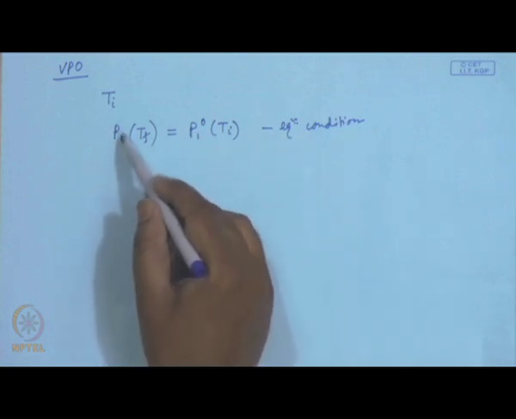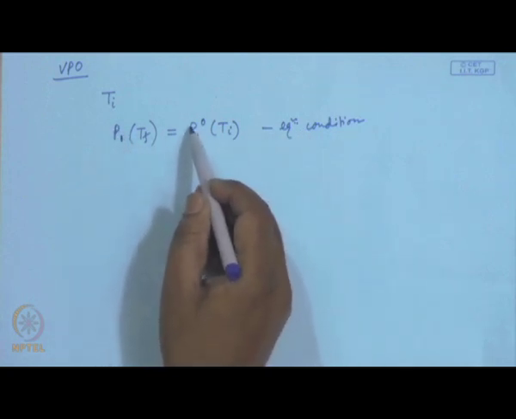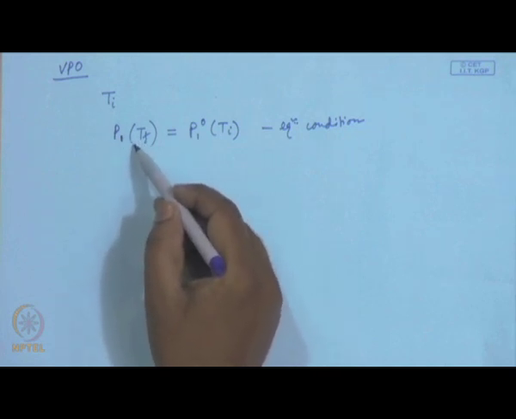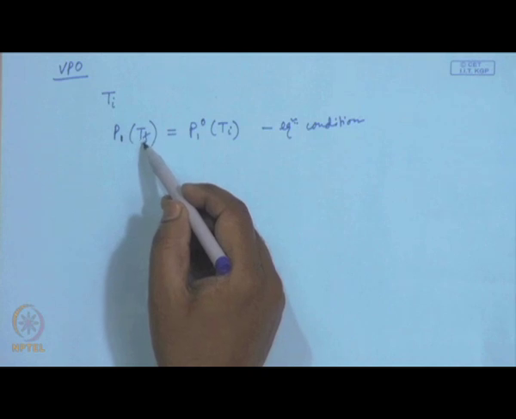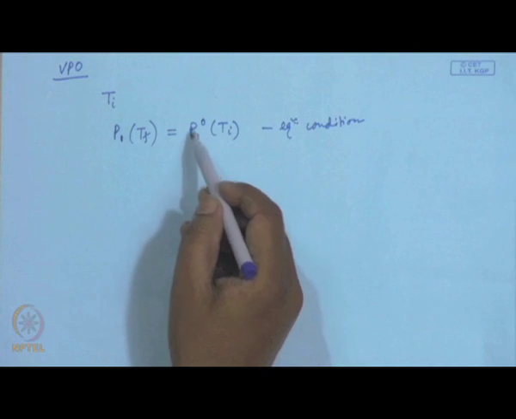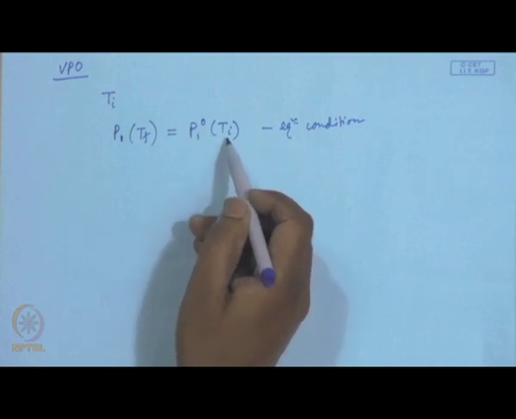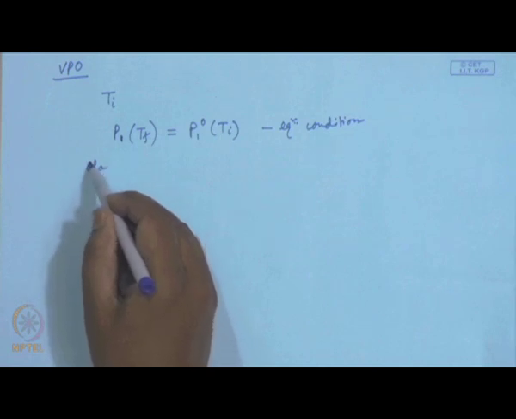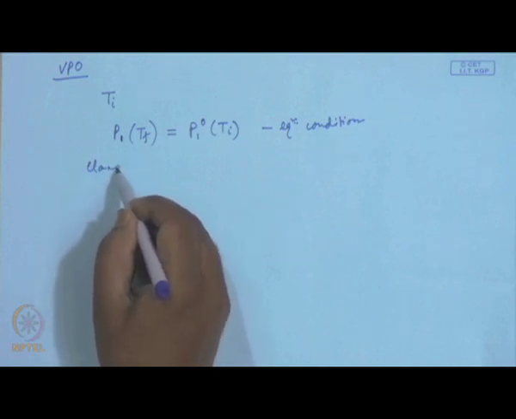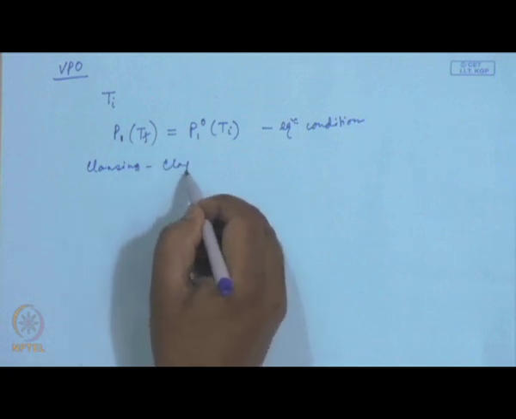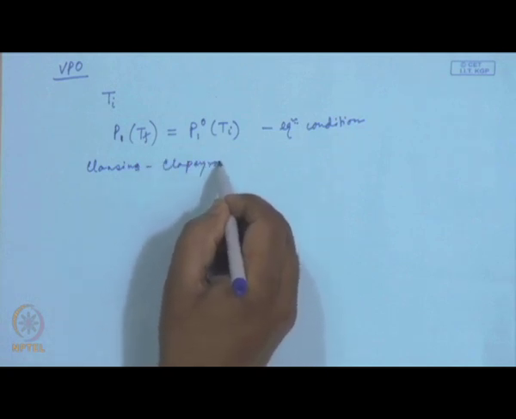Remember, P1 represents the vapor pressure of the solvent in the polymer solution at this elevated temperature, whereas P10 is the vapor pressure of the pure solvent at the original temperature. Now, we can apply the Clausius-Clapeyron equation